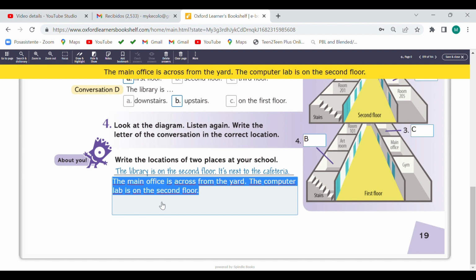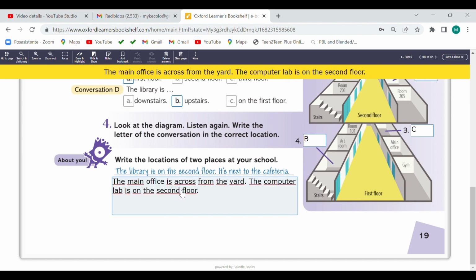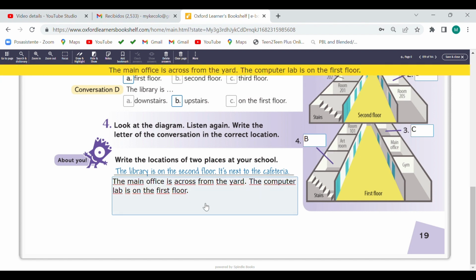Period. The computer lab is on the second floor, for example, or on the first floor. Por ejemplo, ahí tenemos ese ejemplo. Si tenemos, es necesario completarlo ahí porque tenemos 3 líneas, ¿verdad? Para poderlo completar.